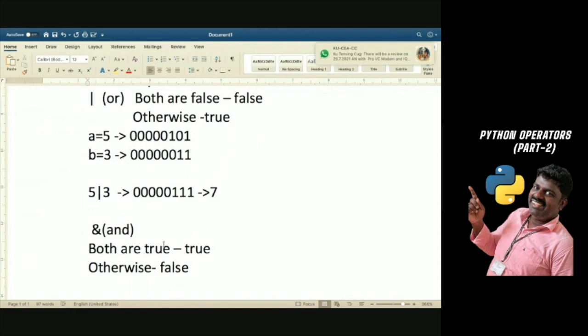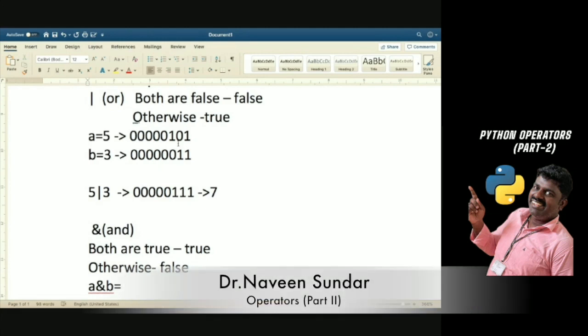So what will be the answer when you are putting a ampersand b? When you are just finding it out, automatically it is converted into capital, but we have to carefully deal with capital A or small a, right? So when we go for such bitwise operators, what will be the answer? Both are true means true. All the remaining things will be considered as false. So false, false, false, false, false.